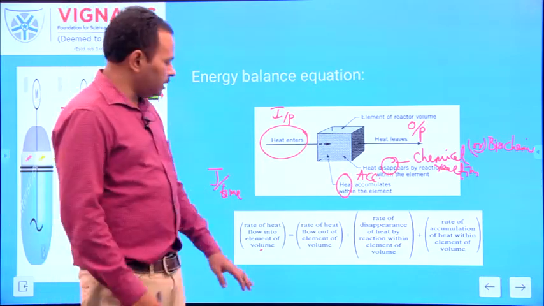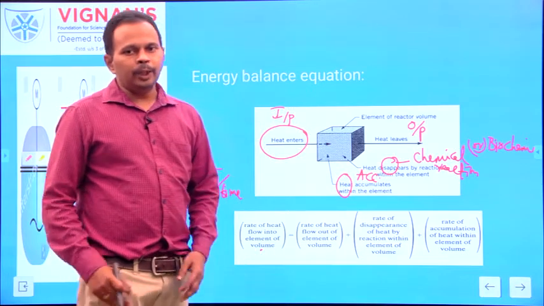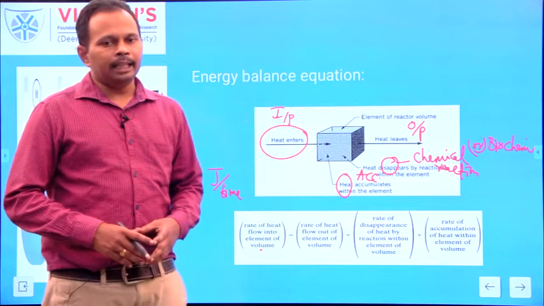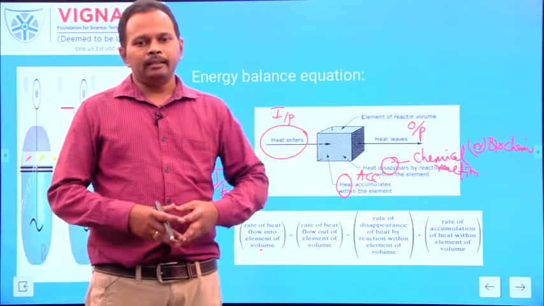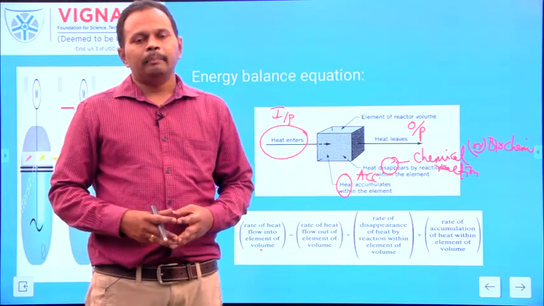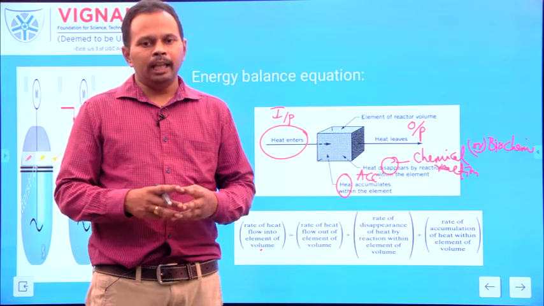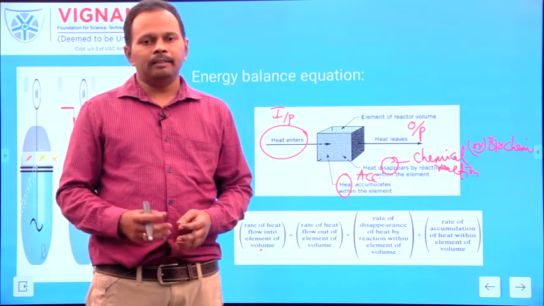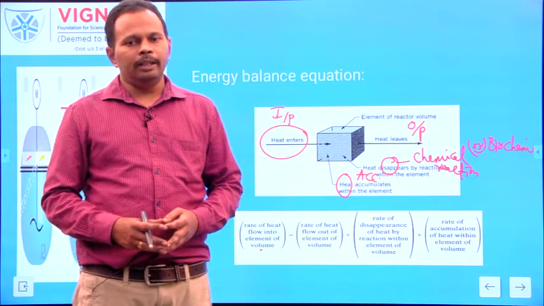Similar to the concentration, temperature. When temperature is uniform within the reactor, apply the heat balance equation to the entire volume of the reactor. When temperature is not uniform within the reactor, break down the entire volume into small elemental steps, apply the heat balance equation to any one elemental step, and then integrate to the whole reactor.